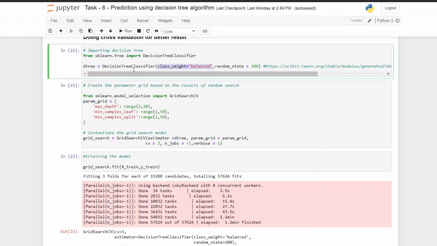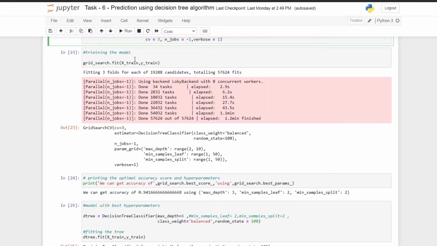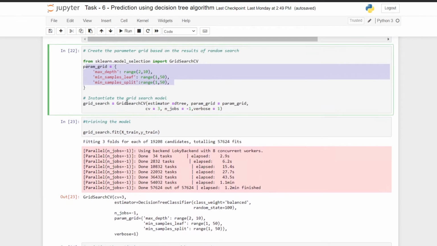After this we are doing cross validation by using grid search cross validation. This is our parameters. It will do a cross validation by using these parameters and give the best parameters to build a model. So here we are doing the cross validation.